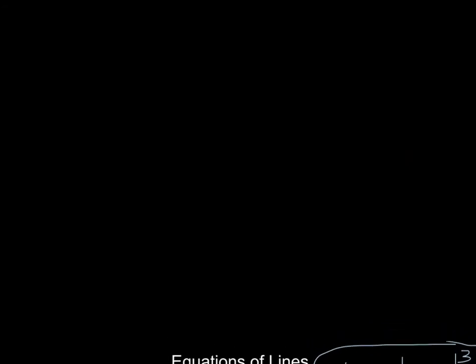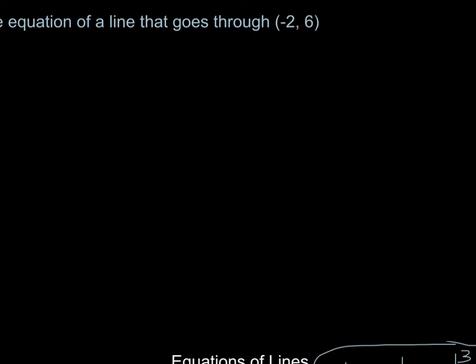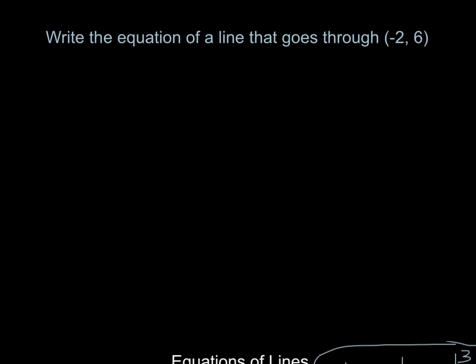The next thing is we want to be able to write the equation of a line that goes through a particular point. So this one I'll go through, let's see, let's have (-2, 6). That goes through that point, and